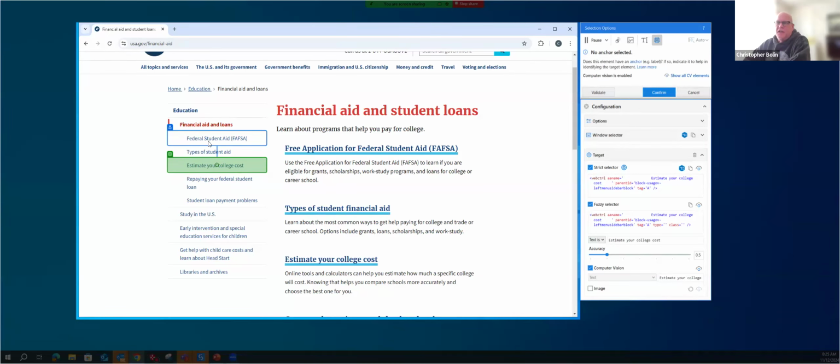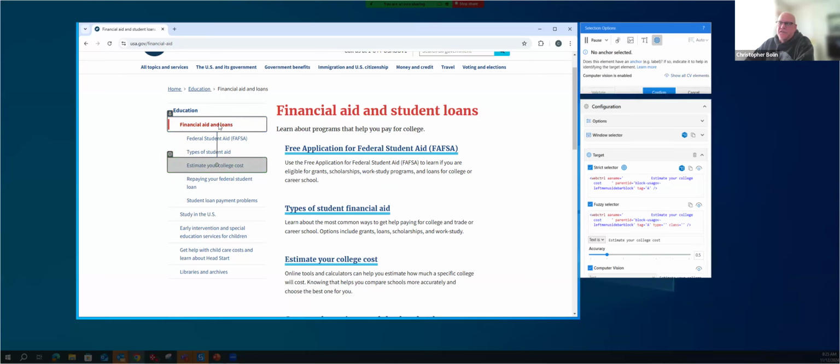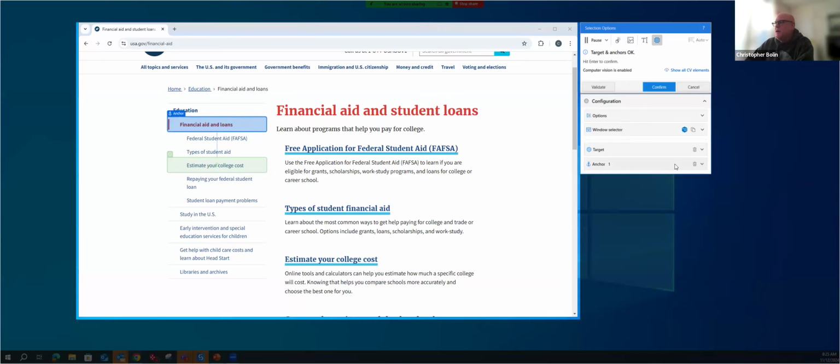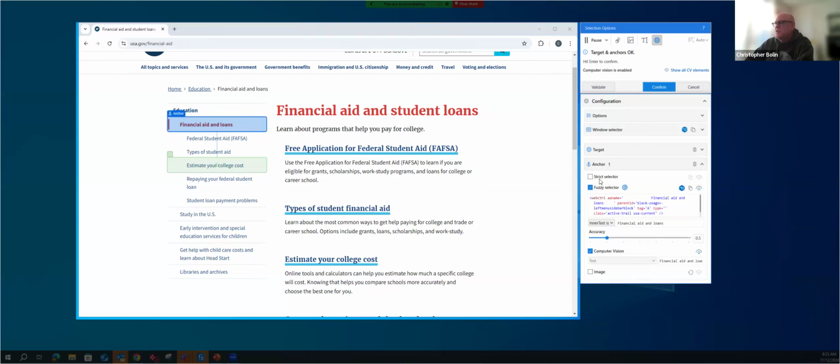So let's anchor it to something that we know is not necessarily going to change. So let's anchor it to financial aid and loans, because we figured that if they do a side level navigation menu, it's typically going to have this. Let's anchor it to financial aid and loans. Okay. And so now you can see over here, my anchor down here has a strict selector and a fuzzy selector as well. And I can use my UiPath Explorer